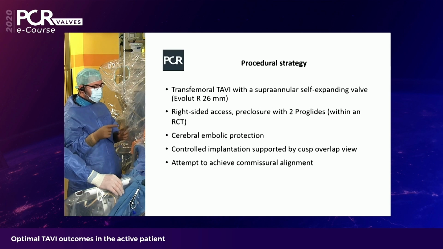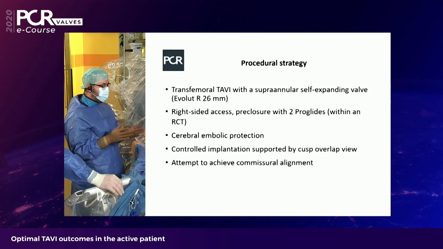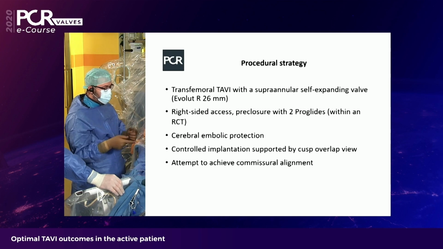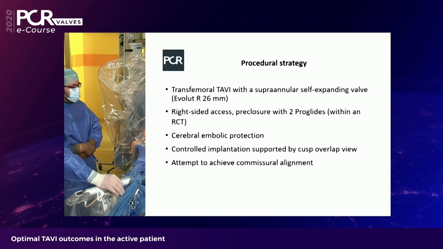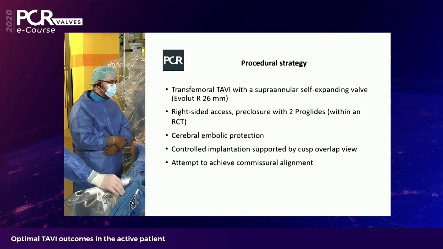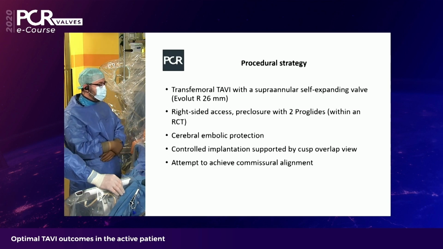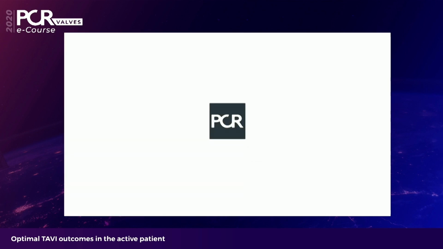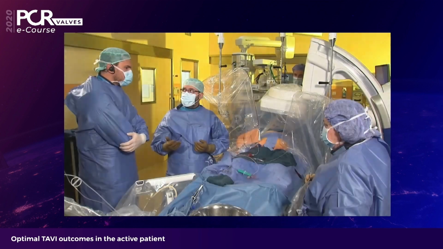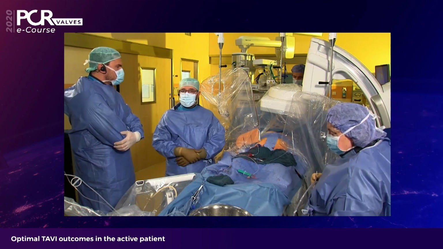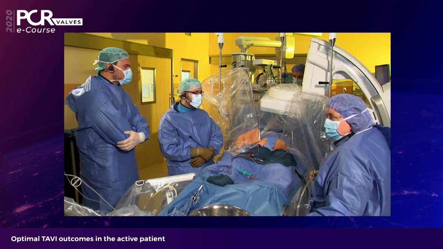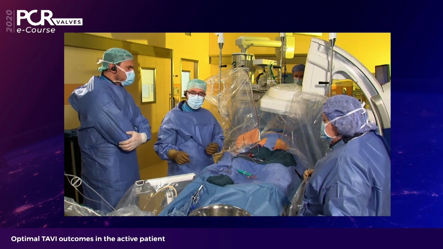She doesn't have coronary artery disease, but she's still rather young and active. So we would like to make sure that we maintain coronary access. And also considering her age, I think it's important to consider the possibility of a redo procedure in the future, which could be a little bit more difficult with a self-expanding device. But if you have commissural alignment, maybe you can have more options. And this is also, I think, something we can discuss. What we did until now, and we can show you